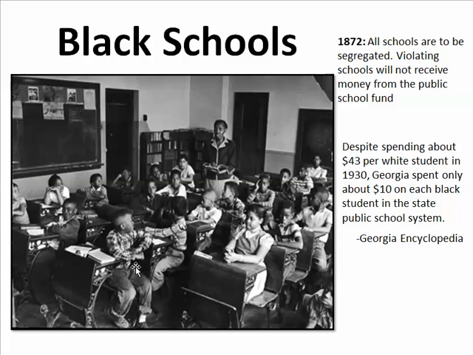Schools were segregated. Notice that there are no white children within the schoolroom. In the state of Georgia, $43 per white student was spent on education in 1930, but Georgia only spent $10 on each black student in public education. Significant difference. The education was not equivalent. White schools would replace their books every, I think, 7 years, and African American children would get books up to 20 years old from the government. So it was really not an equal education, but they had separate schools, separate facilities for blacks and whites.